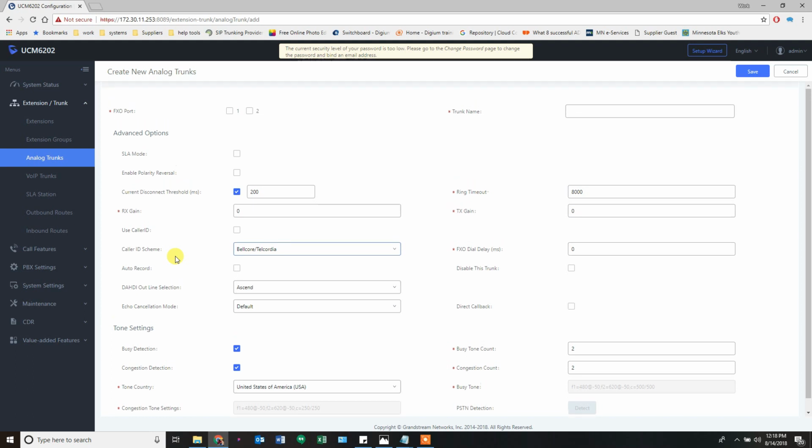Those are the two most common things that I hear people changing. You can change your outline selection to be ascending or descending, or even a pole. So ascending means it would use 1 first and then 2. If you're descending, you'll use 2 first and then 1. So if you have calls coming in using port 1 first and you want to leave that open, you can